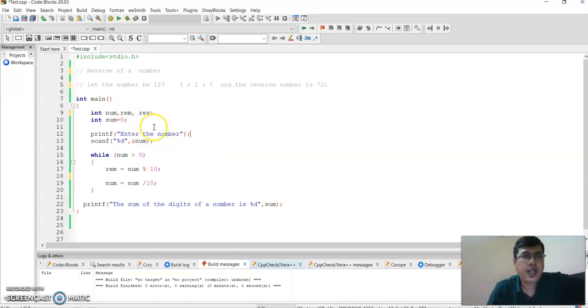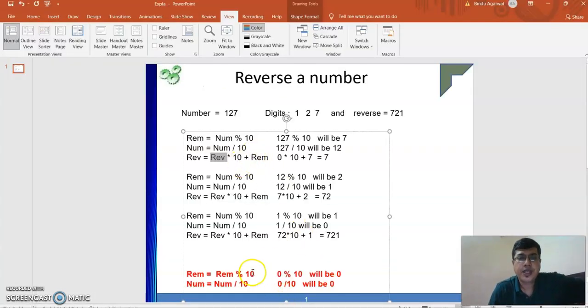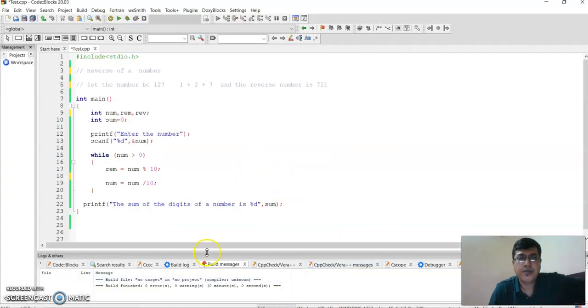If somebody has not seen the previous video, here I am taking one number, scanning it, and putting a while loop, while num is greater than 0, because once it is 0 we stop. We find the remainder as num mod 10, and then divide num by 10 so that we reduce the number and get the next digit.